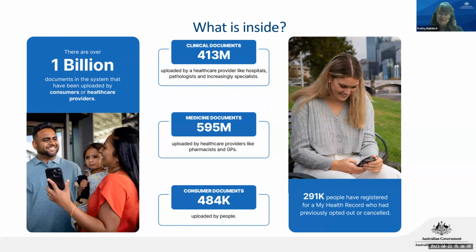1 billion documents have been uploaded into the system. So there's a raft of information now accessible through My Health Record. And you can see on this slide, we've got over 413 million clinical documents, which can be a bit overwhelming and daunting, but we also are working on making the information consolidated and bringing it together in ways that make it easier for clinicians to find the key bits of information they need, in particular, medicines information, immunization information, hospital